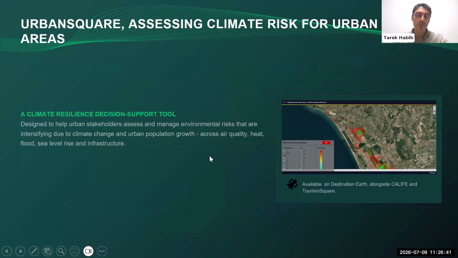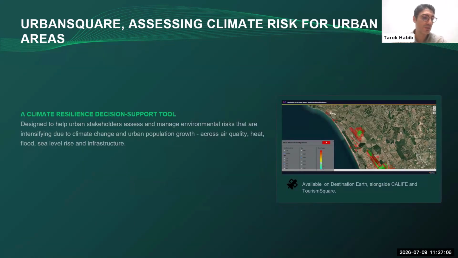Now moving on to Urban Square. So that's the third service that we are going to discuss today. And here we are talking about a climate resilience decision support tool that is dedicated to urban stakeholders. So basically, it tries to answer, as precisely as possible, the question of what are the projected scenarios for air